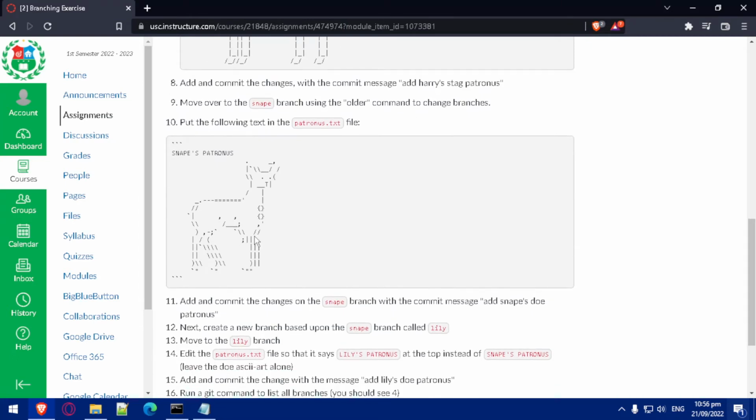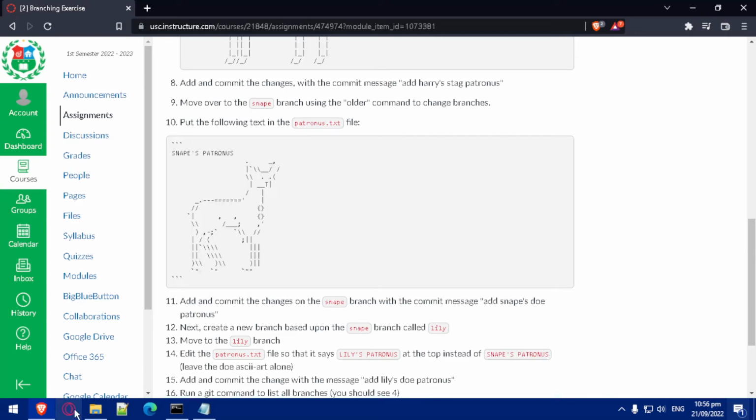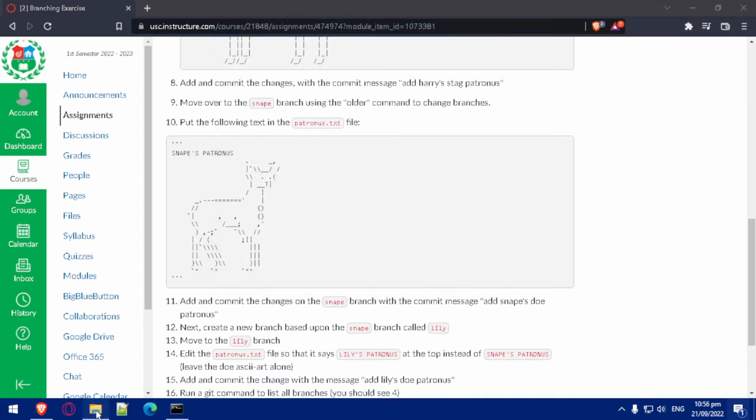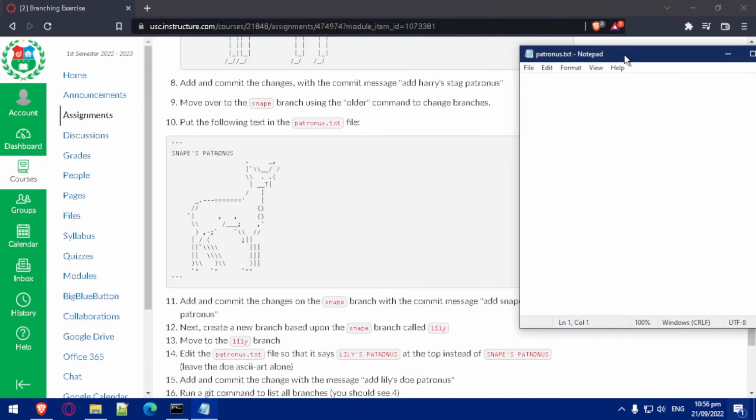Now let us see. We're done with step 9. Let's go to step 10. Put the following text on the Patronus file. So I'll be copying that. I'll be copying this, and here I'll be closing this Patronus file. I'll be opening it again, and now since